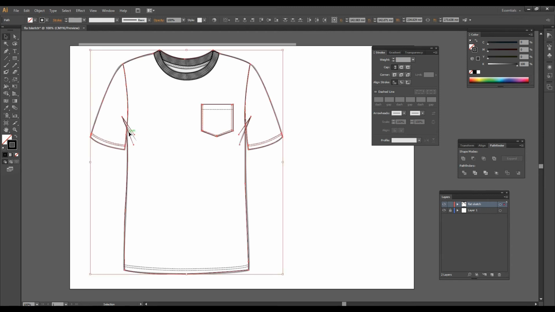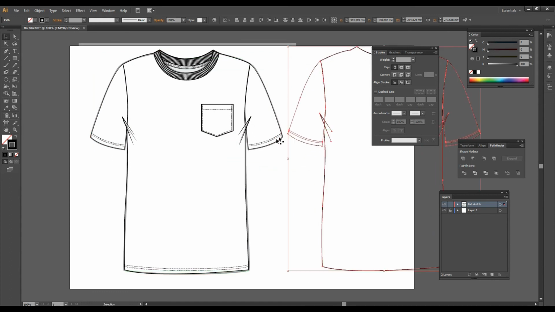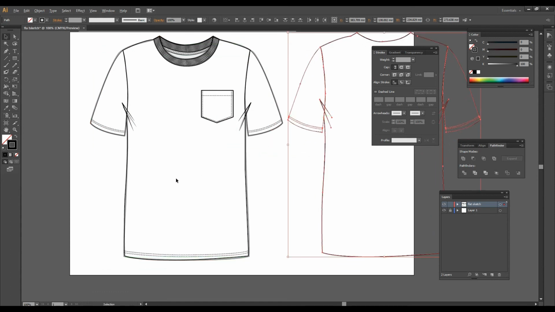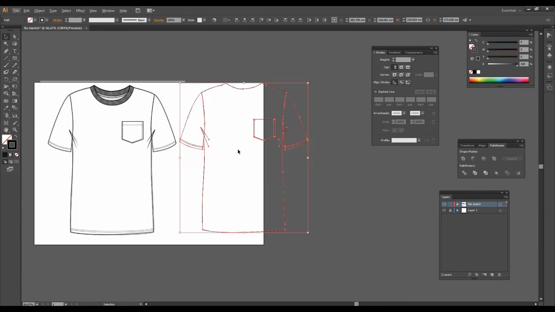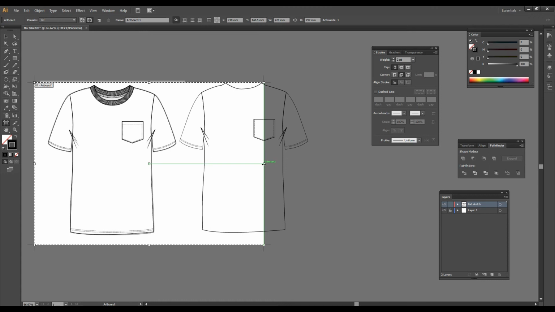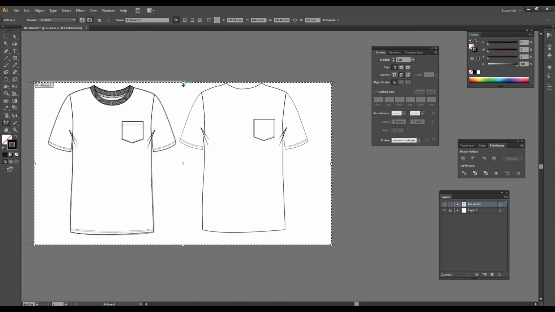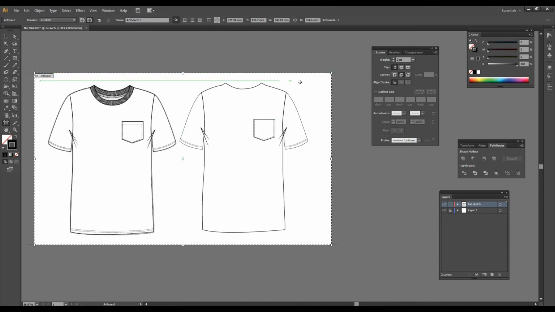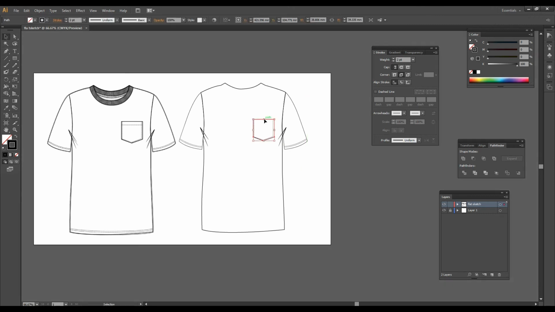Now we'll select all and just copy and paste it on another place. We'll do one more thing. So here we need to increase the page size so that it is visible to everyone. Here we need only outlines, so which part is not necessary we delete, all this part which is not necessary, and this is also not necessary.